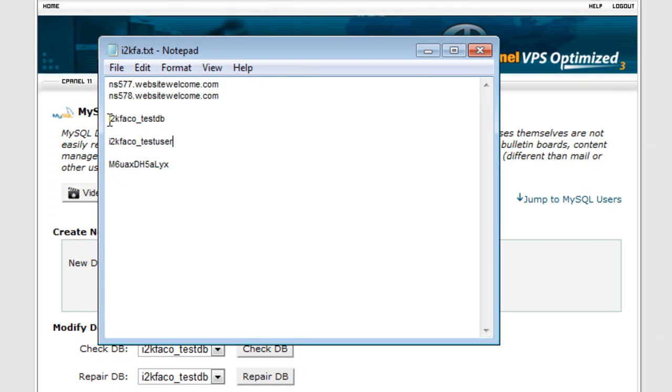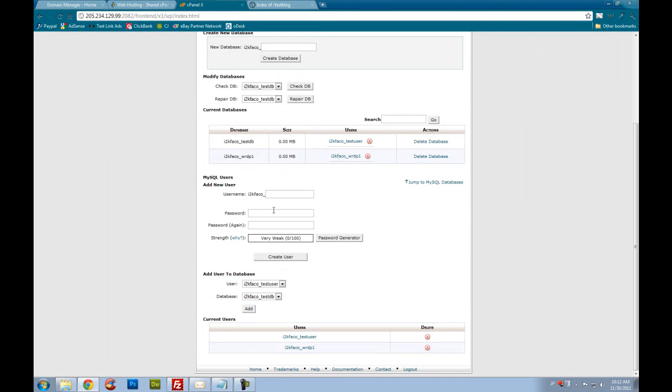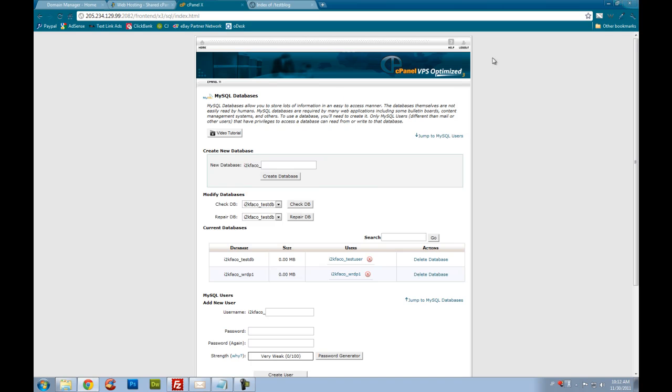You could even write a title if you're not too sure, and just call it database user, just so you remember what these are referencing. And actually, I usually just save these files afterwards and put them in a special directory for use later on, because sometimes you might need to reference them. Once you have that all set, which it looks like we do,